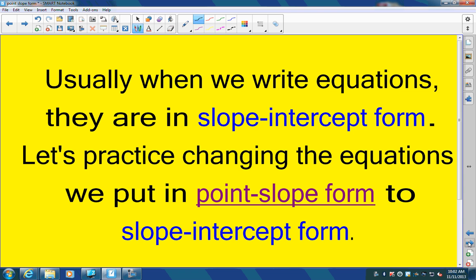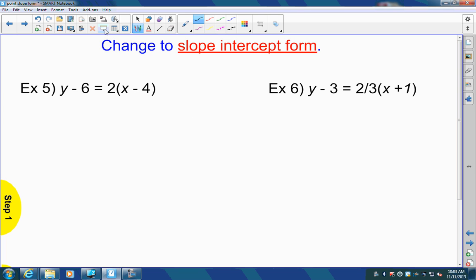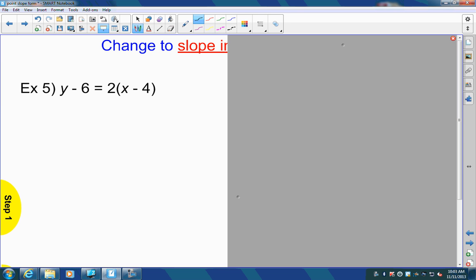Now, one of the reasons you go through and do this is that usually when we're writing equations, they're in slope-intercept form. So what we're going to do is practice changing the equations we put into point-slope form into slope-intercept form, which should be really easy. So right here, looking at example 1,